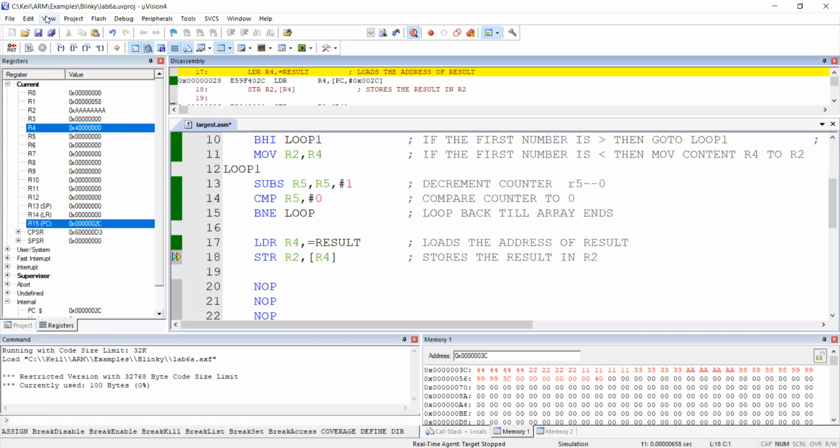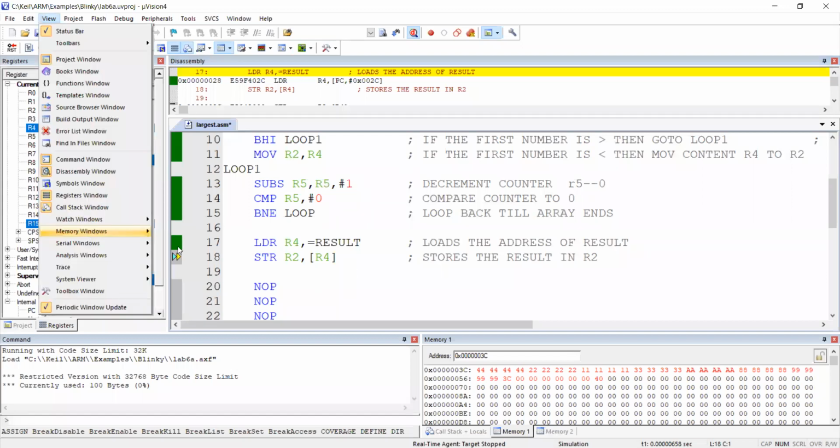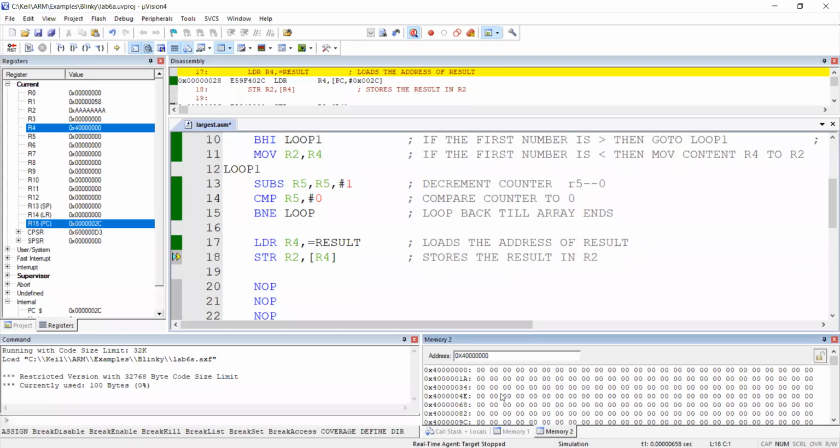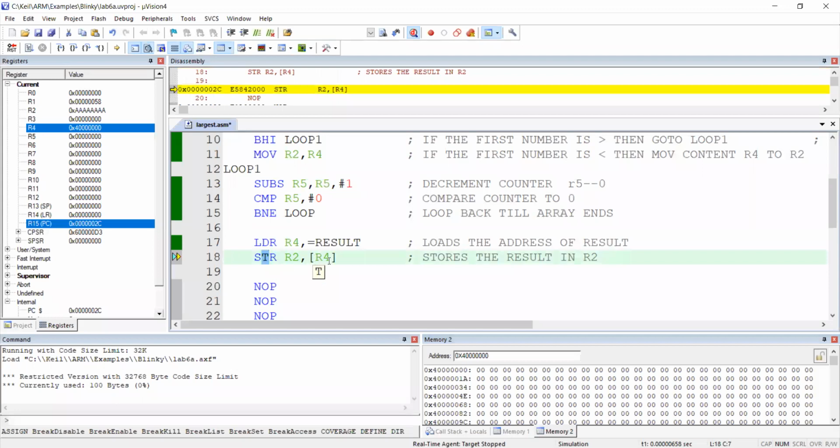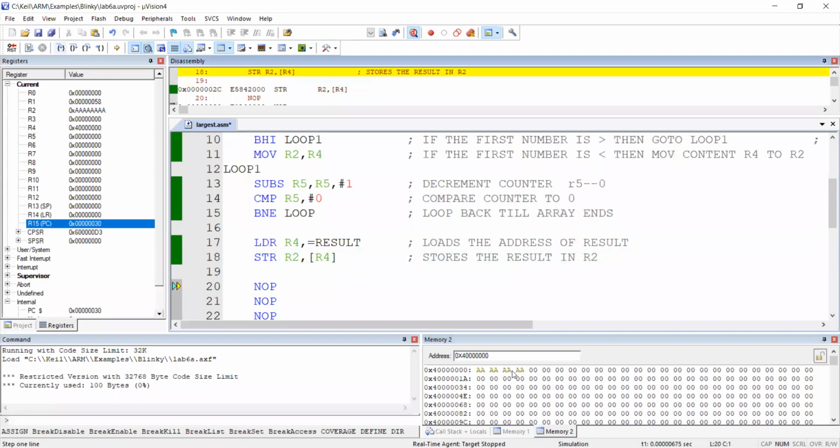I will go to View, Memory. I will select the second. Here you see, this is a procedure. Again, I will click in here. So I have typed 4 with the 7 zeros. So what is there already? Nothing. 0, 0, 0. So what should I store because of line number 18? In the position of R4, whatever is in R2, that I have to store. What is there in R2? AAA, that will be printed here. You can see there is nothing in the position. So that is going to return with AAA, which is the biggest among the array.